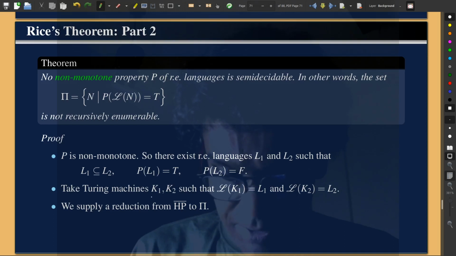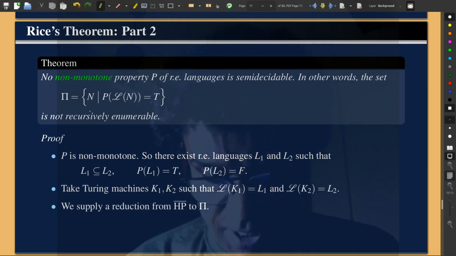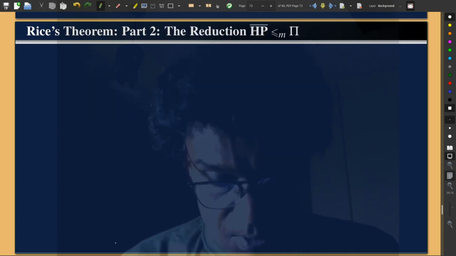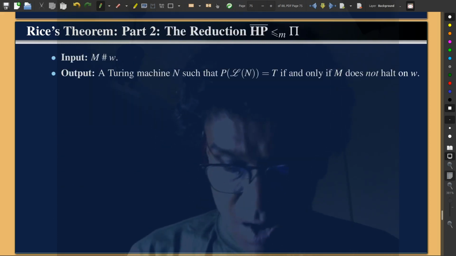Moreover, it will embed the knowledge of K1 and K2. These are two constant machines depending upon the choice of L1 and L2. So the reduction algorithm will also embed the knowledge of K1 and K2 in the finite control of the output machine N. I have to specify the behavior of N, which is basically the main function of N, in order to complete the description of the reduction algorithm. So the input is M hash W, and the output is a Turing machine